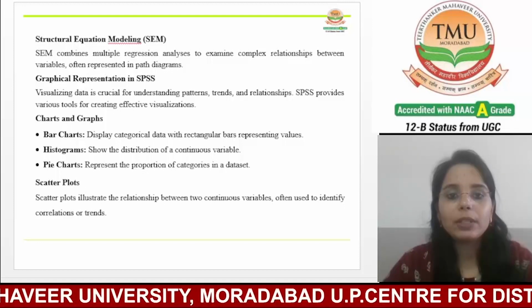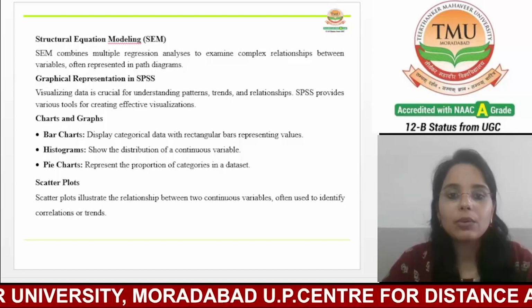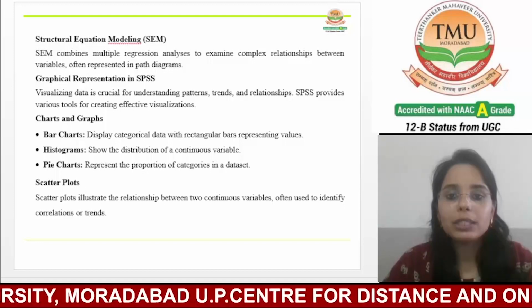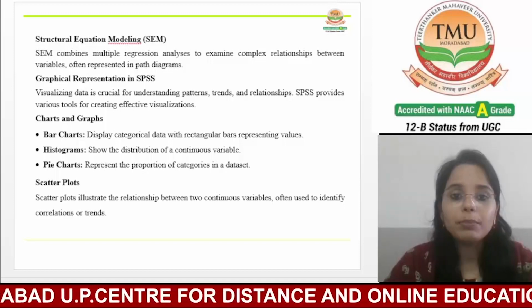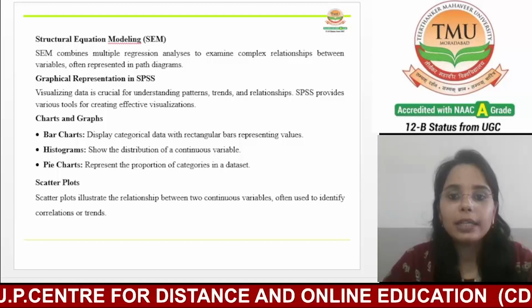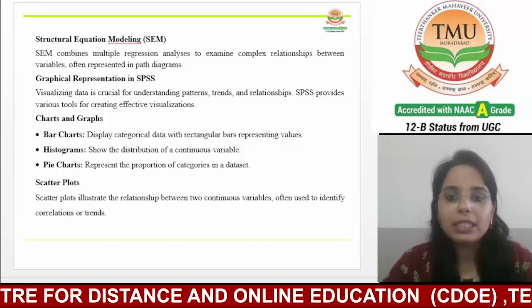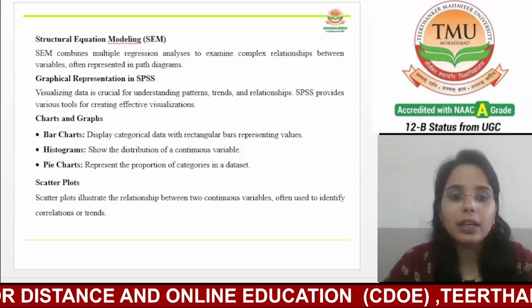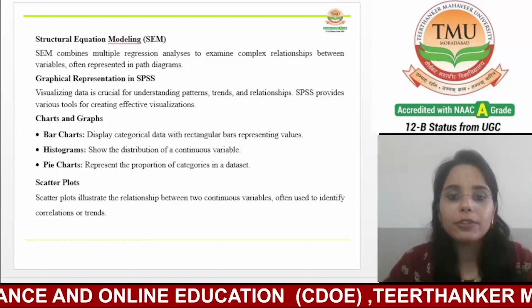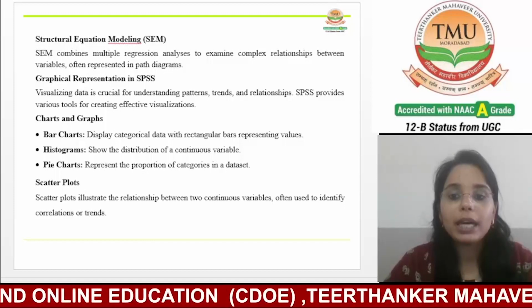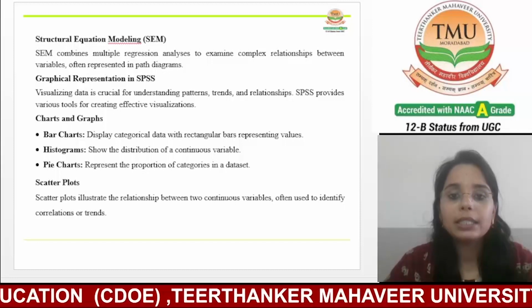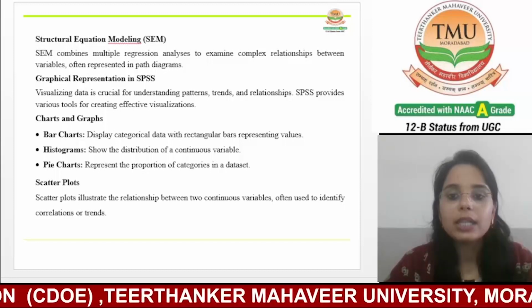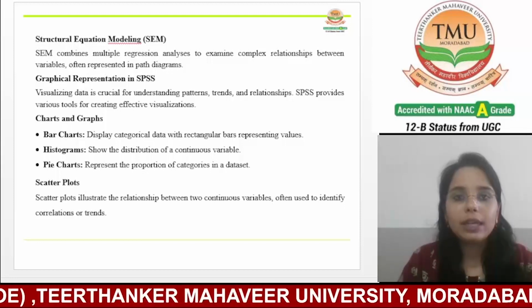Basically, we talk about the pie chart. Pie charts are circular charts divided into slices, where each slice represents the portion of a particular category in the data set. Pie charts are useful for displaying the relative contribution of different categories to a whole, making them a popular choice for representing data such as market share, budget allocation, or survey results.